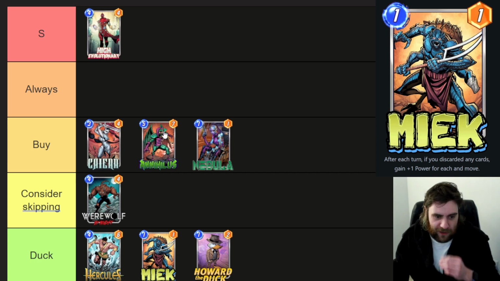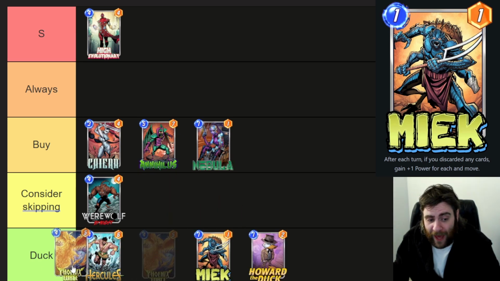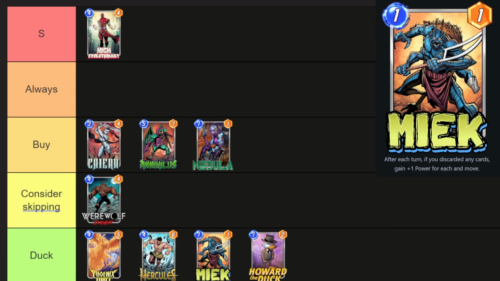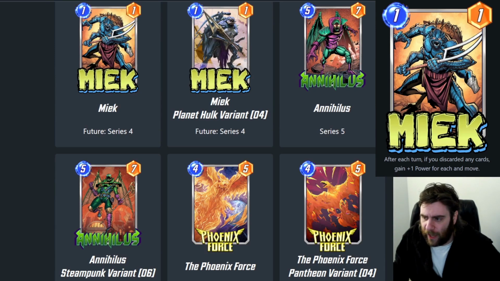We're splitting hairs here in the buy tier. I could see wanting to open up here if you don't have Annihilus, don't have Phoenix Force, don't have Miek. What did we decide on for this card's name? If you don't have any of the cards for this week, I could see, let's see, oops, wrong thing there. Is this on next week yet? Yeah, if you don't have any of these three cards, I could see